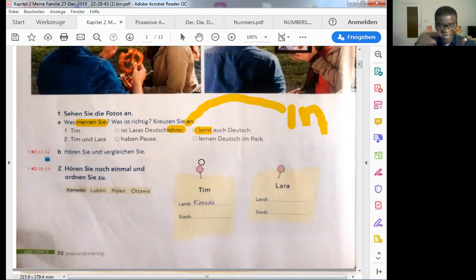All the time when we use a verb with er, sie or es, end that verb with the letter T, like in this case. So Tim lernt auch Deutsch. Tim learns also German.